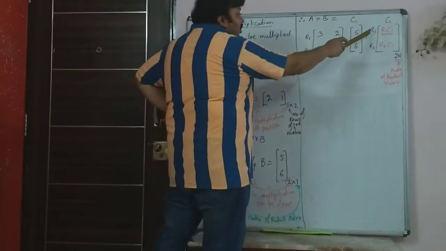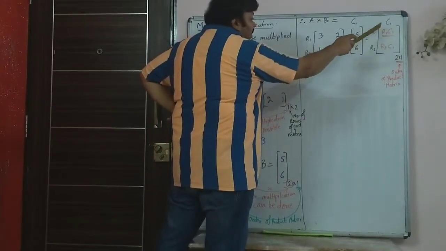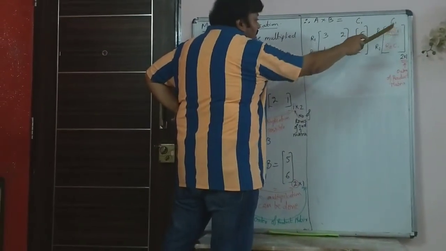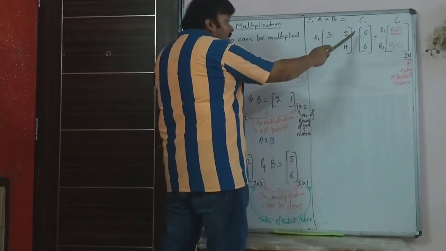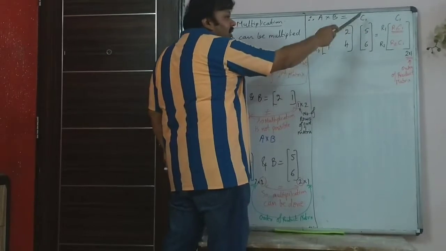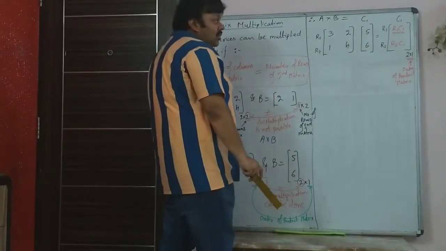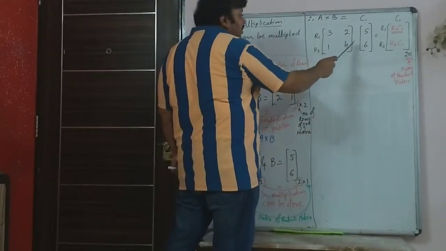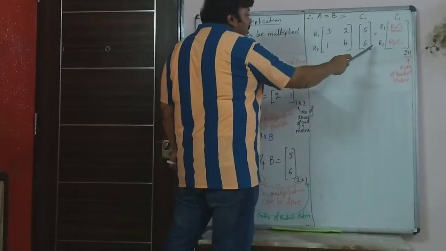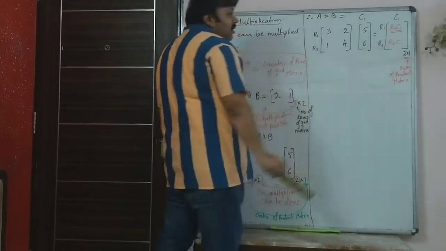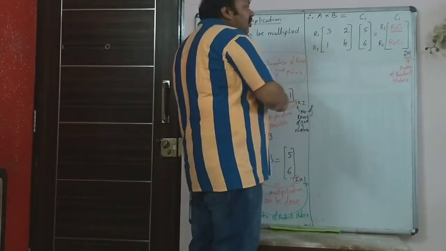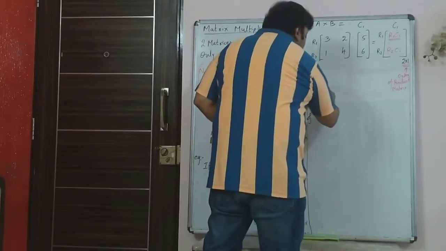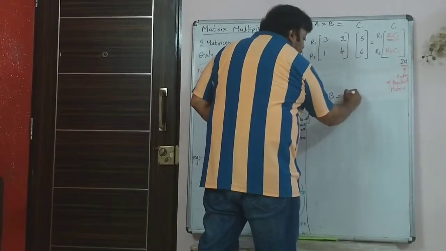So now what are going to be the elements in that? You have to use a logic like this. This is row 1 and this is column 1. So row 1 corresponding elements have to be multiplied with corresponding elements of column 1, and row 2 elements have to be multiplied with column 1 elements and written here. So there are just 2 positions. So how do we do the actual multiplication and find what is A into B?